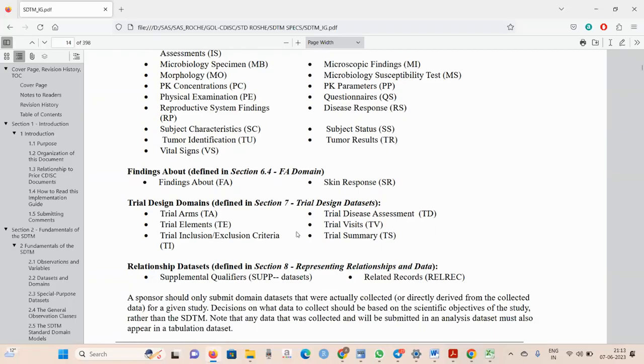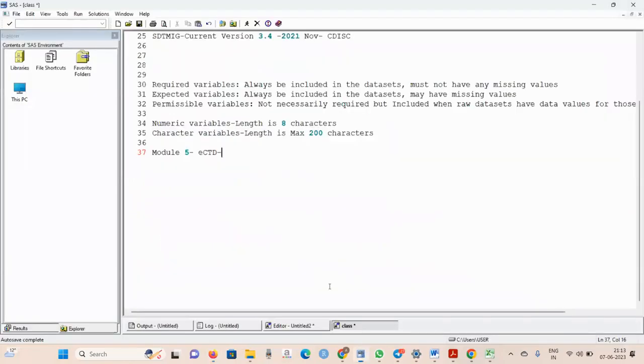It's just, when you get the protocol, you need to segregate. So what are the treatments? Okay, let me explain here. Trial arms. This is for the trial design domains, only for an overview of your clinical study. When you get your clinical protocol,